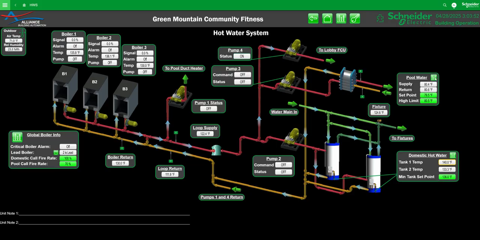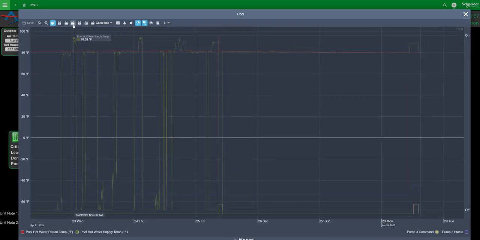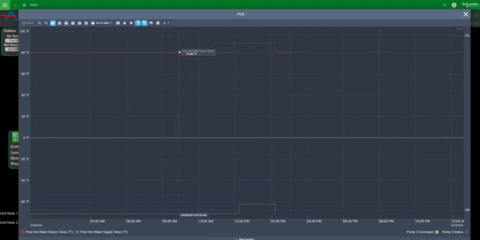There are these performance logs. And you have the days you can select. So if you want to see the last 7 days or the last day, you can see here the supply and return temperatures. And then down here tells you when the pump turned on and when it turned off. So it ran for from